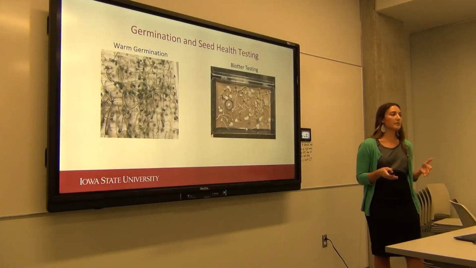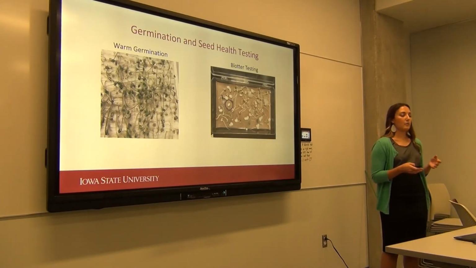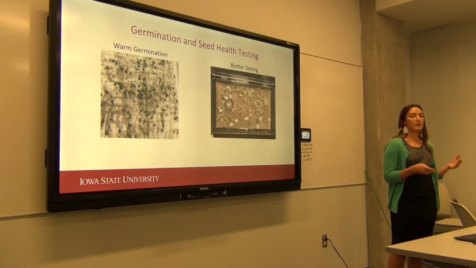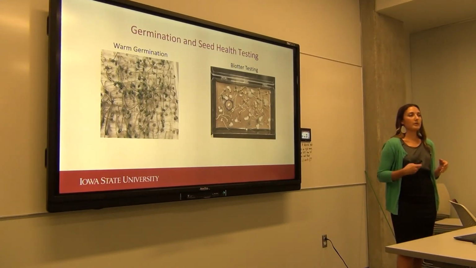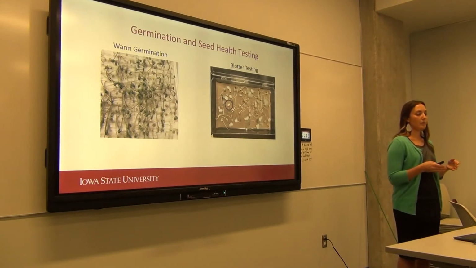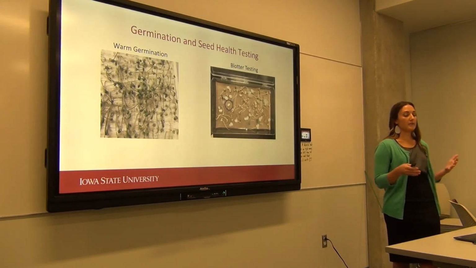So seed companies will send their seed for germination and seed health testing. Two common tests are a standard warm germination test as well as a blotter test. For the warm germination test, this is done at 25 degrees Celsius for a week on cellulose crepe paper. And then afterwards, you can get an estimate for germination under ideal conditions, as well as seeing if there's any